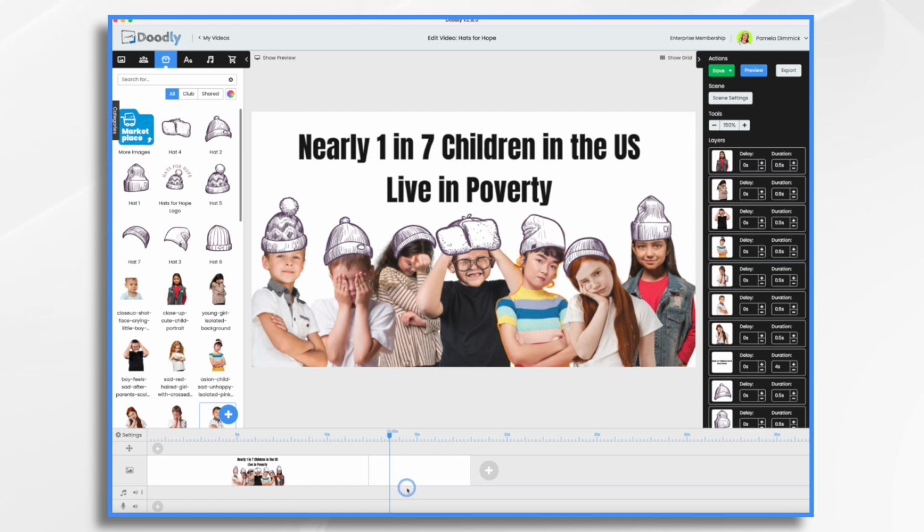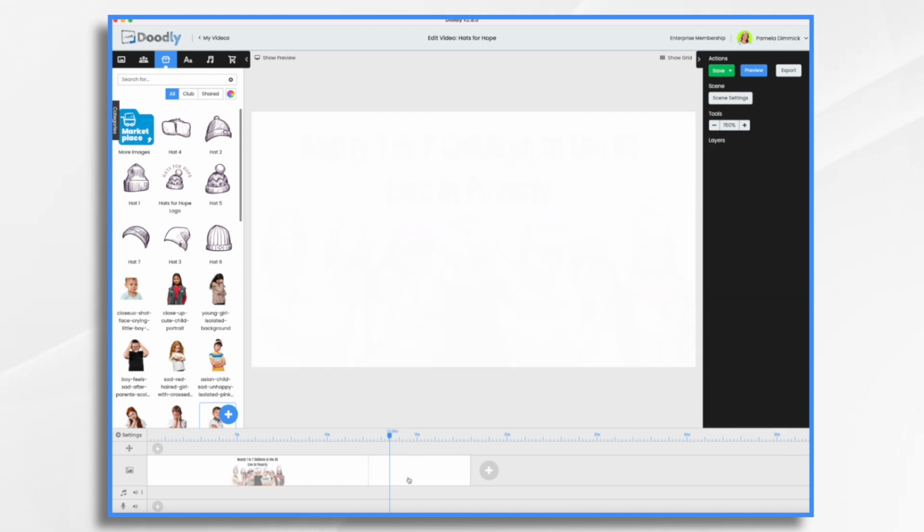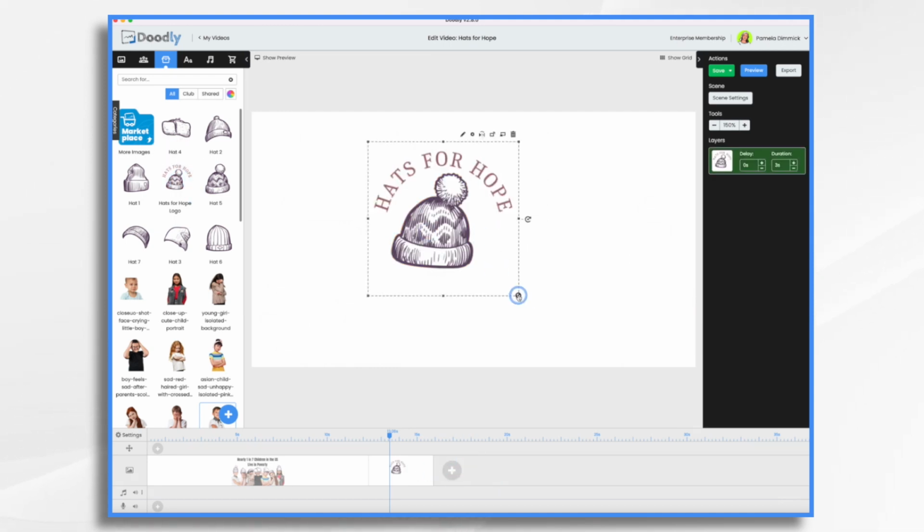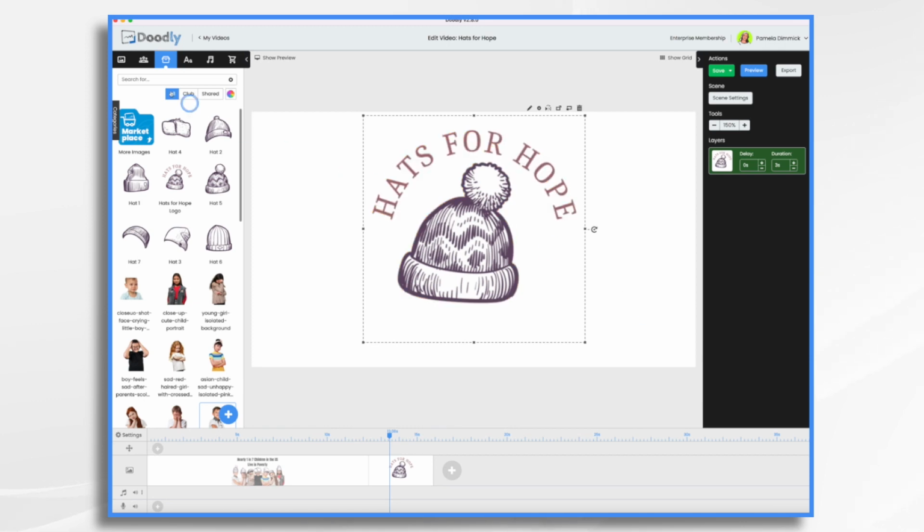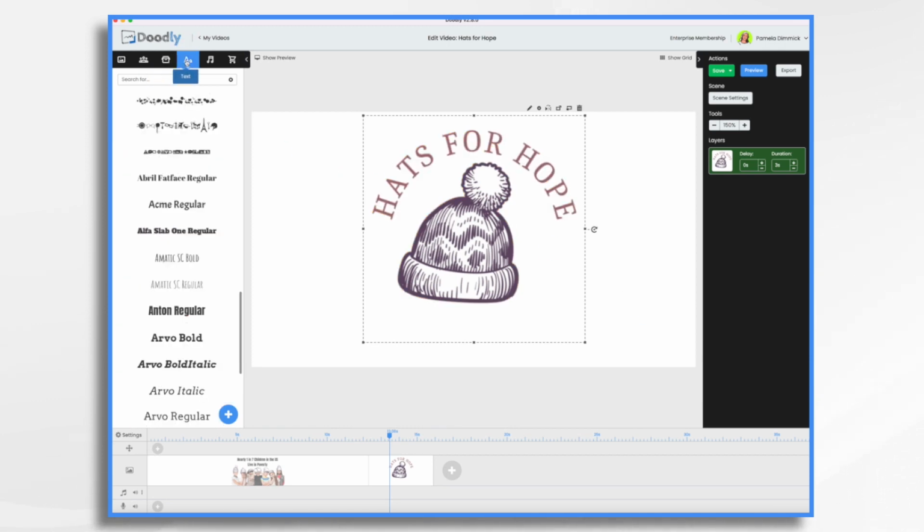So then the last thing we want to do is our call to action. So we've got to have a new scene. You just click the little plus sign. And I want my logo, Hats for Hope. And then we want their website address. And we'll use the same font, Anton Regular. And